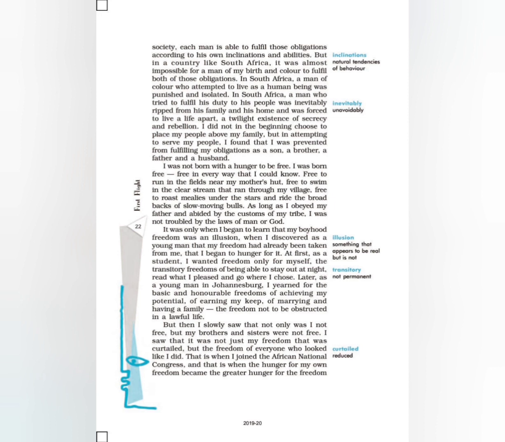In his childhood, he talks about one of his illusions. He thinks that the entire country is free because in his village, he is able to go wherever he wants. He is playing in a river, in the field, everywhere, so he thought that we are free, we don't have any problem. But when he became an adult, only then did he understand that it is not true, it is an illusion.